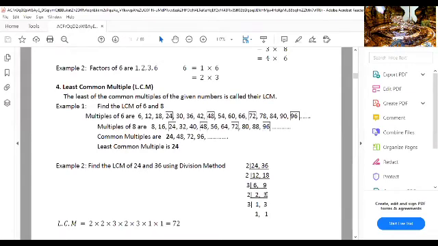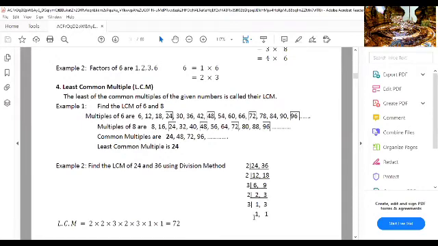Now we take 2. 2 is divided by 2, but 2 is not divided by 3. That is 2 1s are 2, and 3 we write as it is here, 3. Now we take 3. 3 1s, as it is we write 1 only. Now 3 1s are again 3.